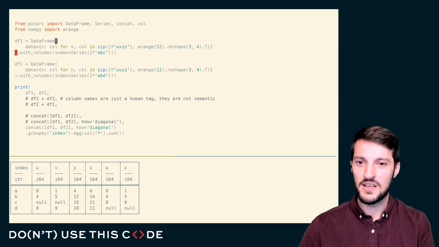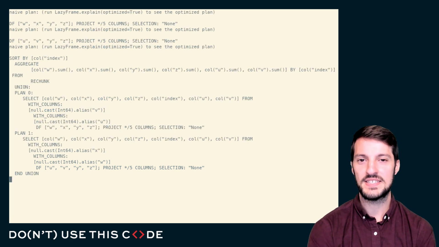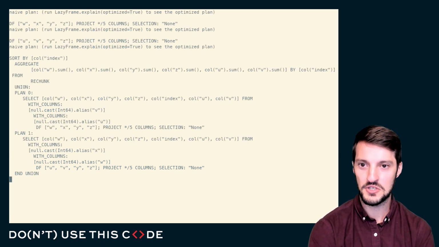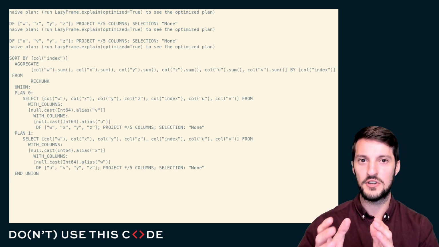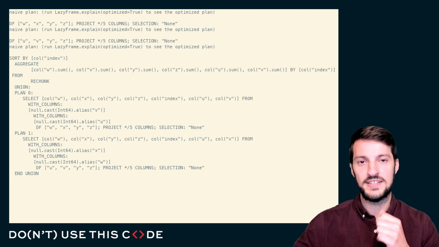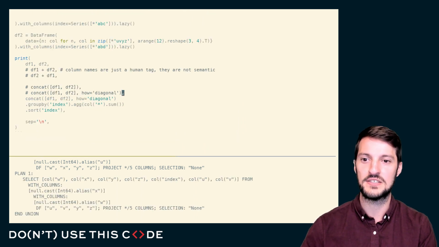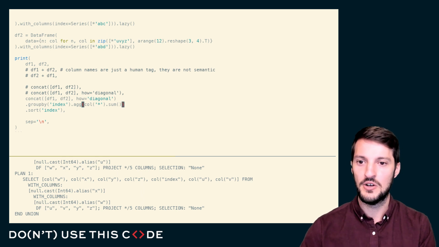Polars will tend to revolve around the use of its lazy API. And I'll show you what this means. A lazy API, all this is doing is instead of actually performing computations, it's constructing an execution plan to perform computations. And I can look at this plan by converting my concrete data frames into lazy data frames. And so instead of actually performing the computations, instead of actually concatenating these two things and performing a group by ag, it's just going to devise a plan to do that. We can then